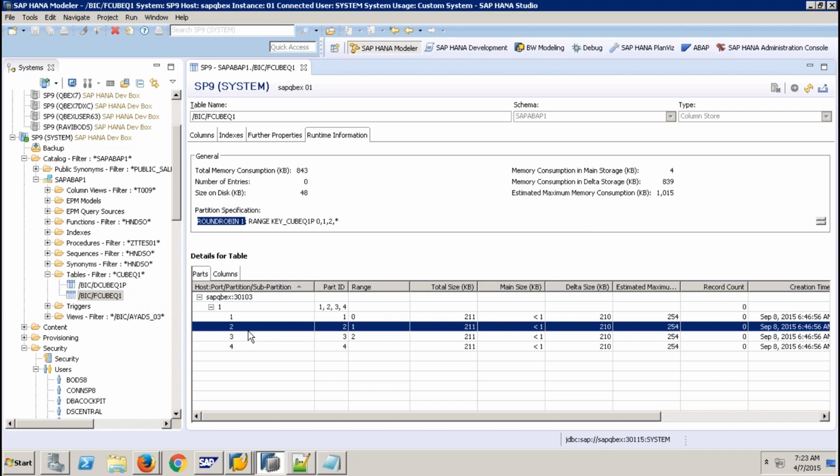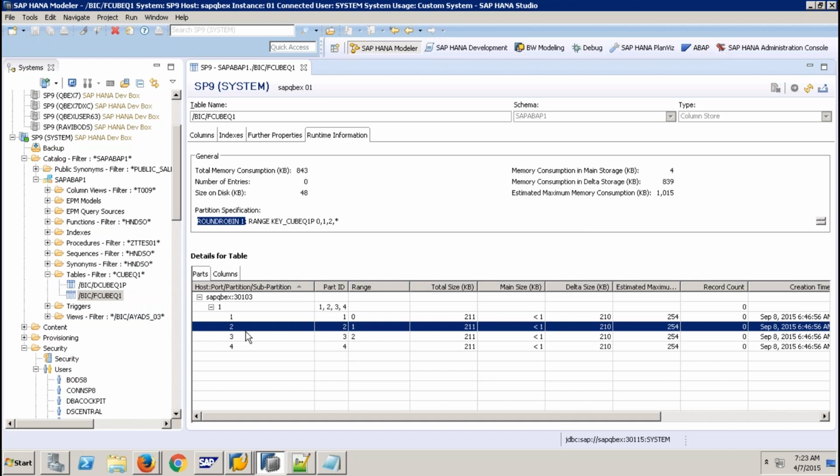We don't compress the cube to improve query performance here. In a HANA optimized cube, I still do the compression to improve the performance of delta merge. Don't worry about size, because even if there is redundant data, in columnar storage it will be stored only once. We don't have to worry about size either. We do compression in the HANA optimized cube to take care of the performance of